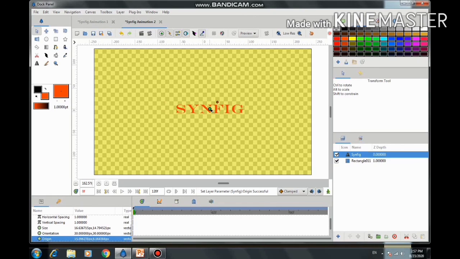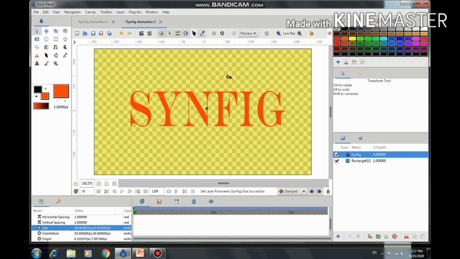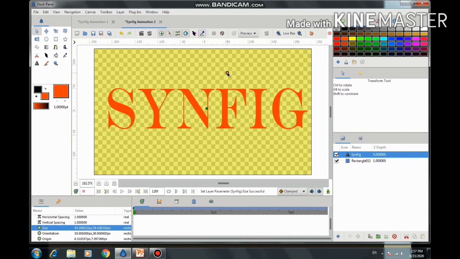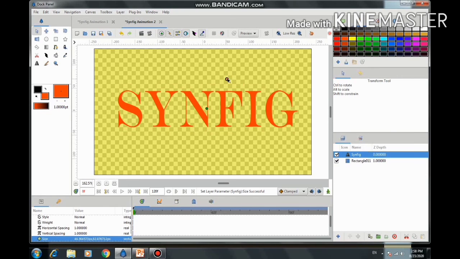You can position your text from here, and this is the dimension. By this you can set the height and width of the text. Okay. From the parameter you can change the font family, that is serif or sans serif, whatever you need. Okay, so this is a text tool.